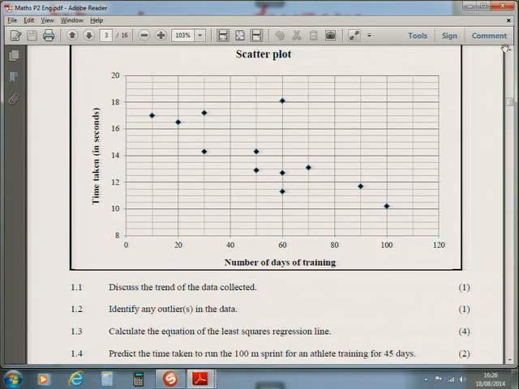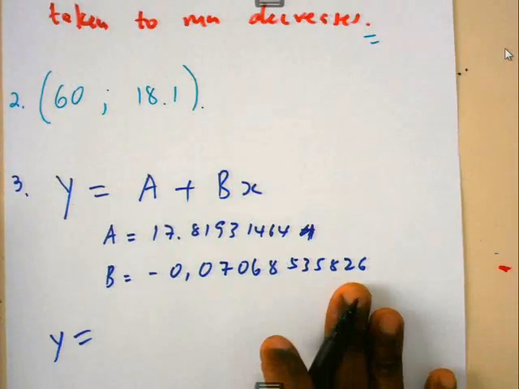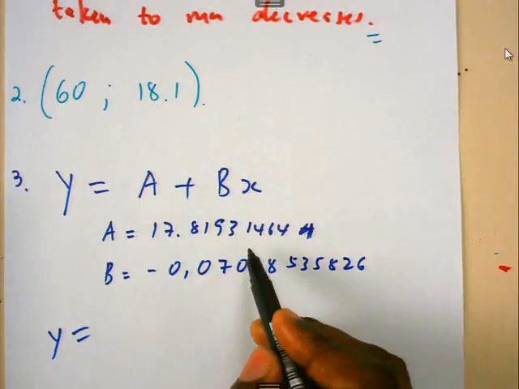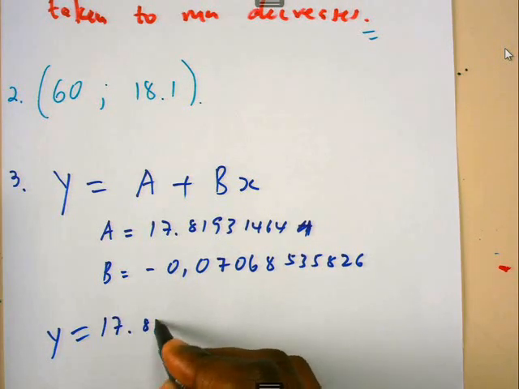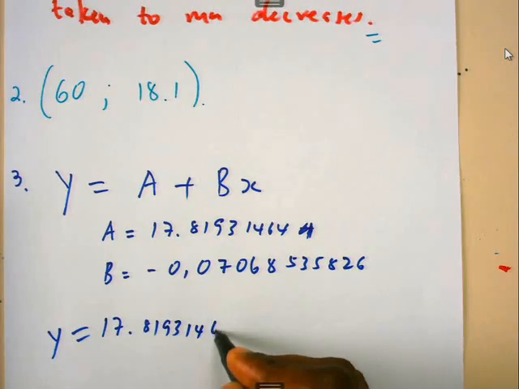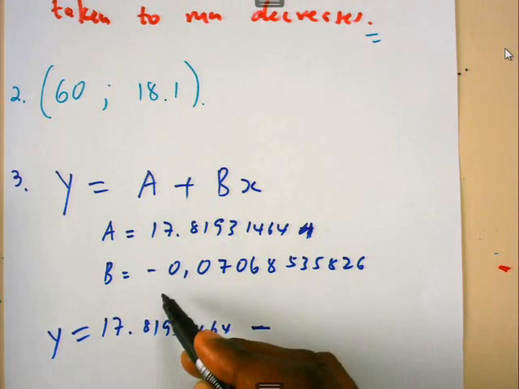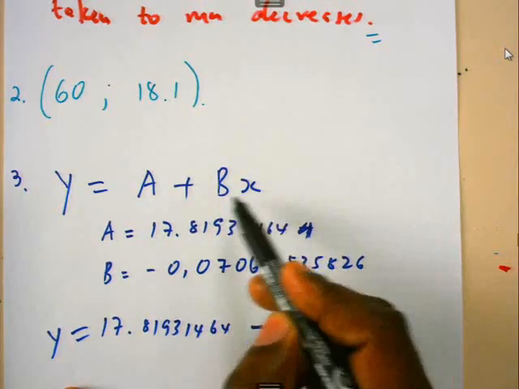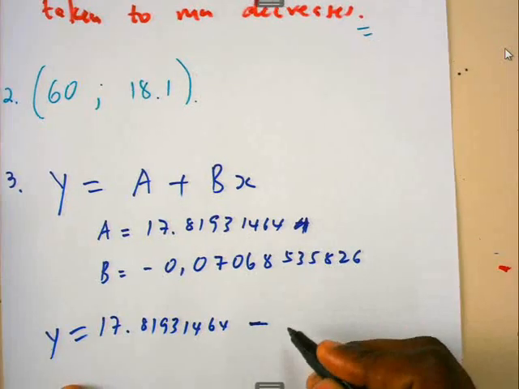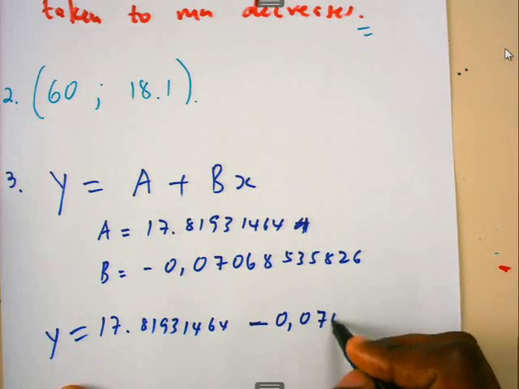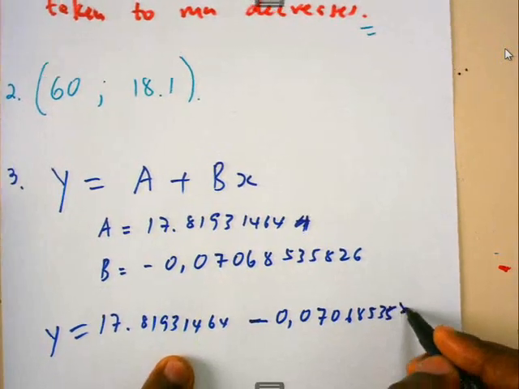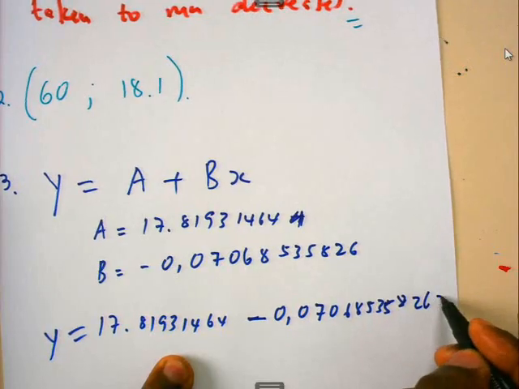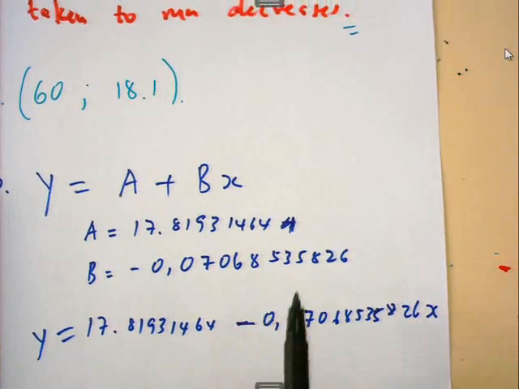Calculate the equation. The question said calculate the equation. This is the value of B from the calculator, the value of A from the calculator. The equation: 17.81931464 minus, you remember it is supposed to be plus BX. But B here is negative, so minus 0.07068535826x. Do you remember that? A plus